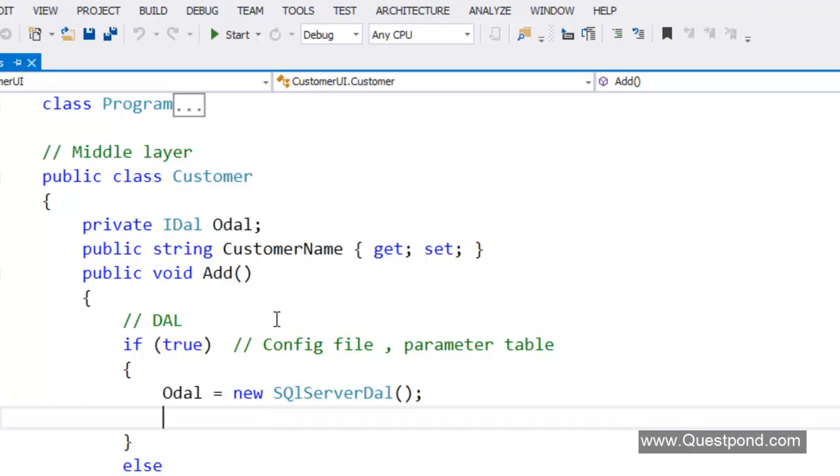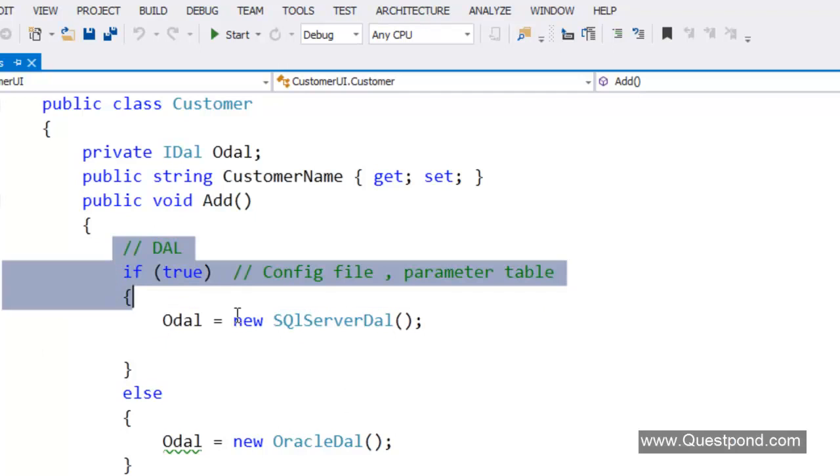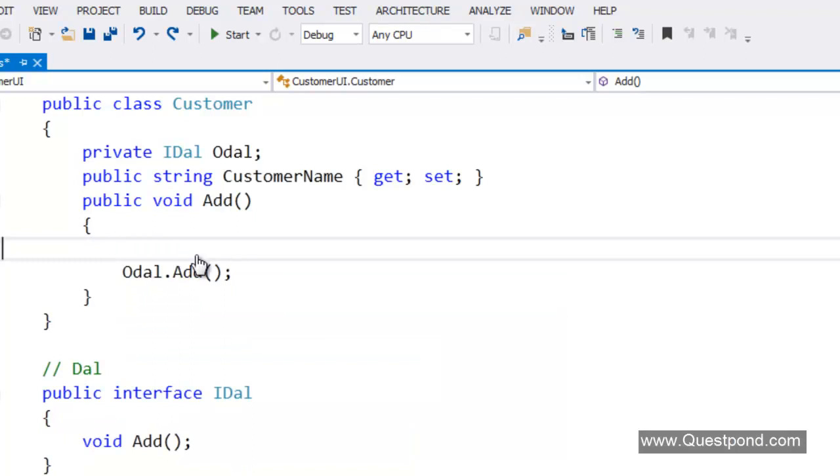So the first thing is, we should get rid of this object creation activity that this customer class is doing, because remember, this customer class or the middle layer is supposed to do validations, is supposed to do business logic, and not object creation, and not deciding that it has to create a SQL Server data access layer or an Oracle data access layer, right? So the first thing is, I would like to get rid of this object creation completely from here. So I'll do a delete here. So that's nice. Currently if you see this current situation, the customer class is just referencing this interface IDAL.